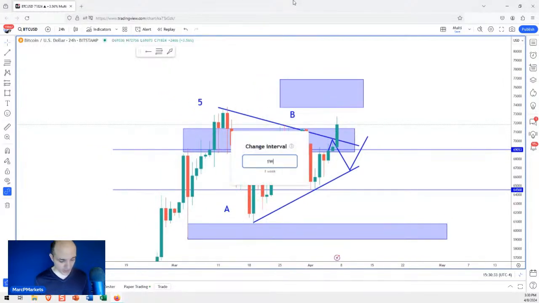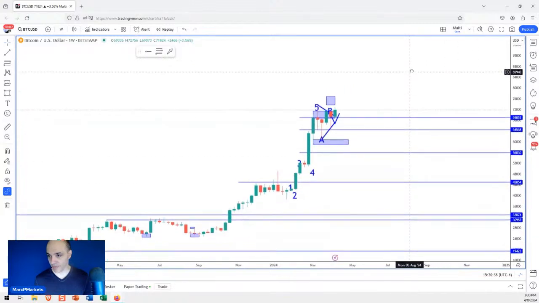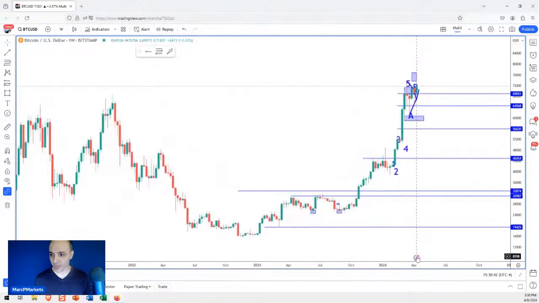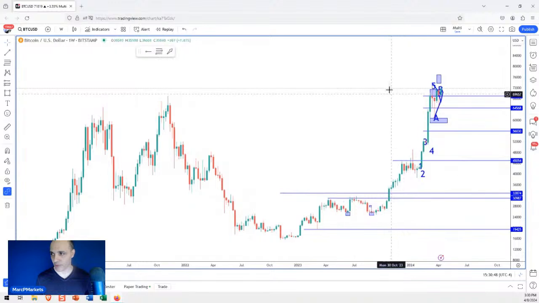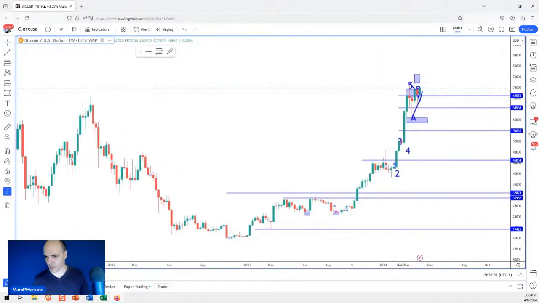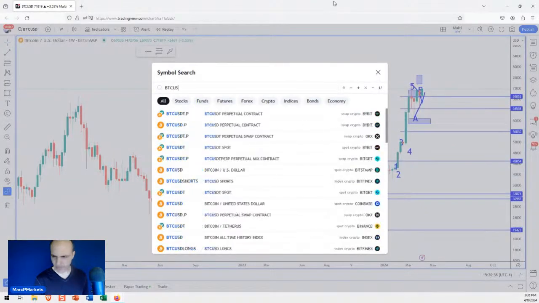So let's go to the weekly chart. Now, this is the weekly chart, and when you're looking at the bigger picture, the weekly is appropriate. You don't really need to go to the monthly. You could just zoom this thing backward and you pretty much see the same thing. Now, I have all kinds of stuff marked up on this chart here, so what I should do is go to another Bitcoin chart so we can see a clean chart.